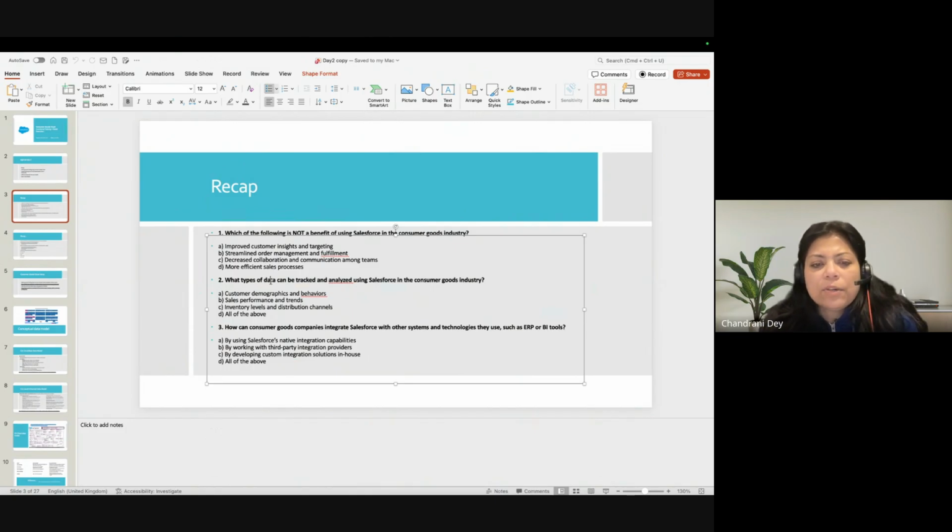Second is, what types of data can be tracked and analyzed using Salesforce in the CG industry? Customer demographics and behaviors, sales performance and trends, inventory levels and distribution channels, and all of the above.